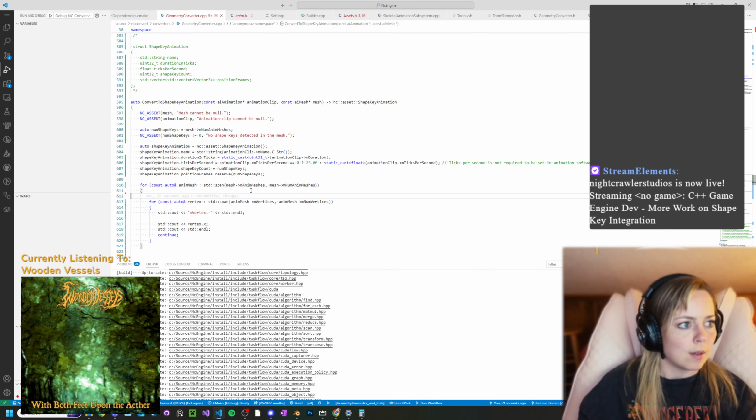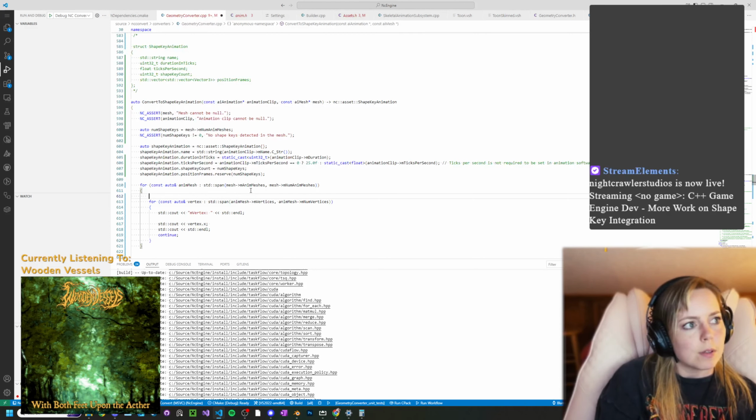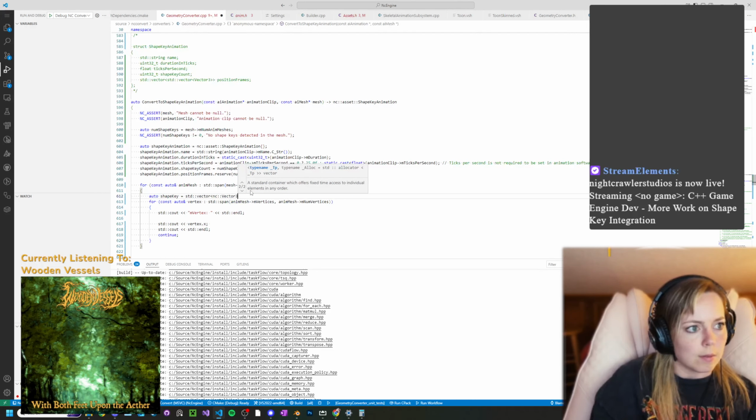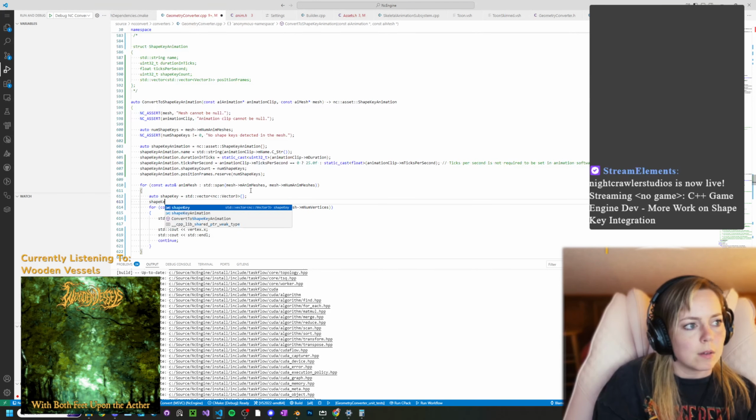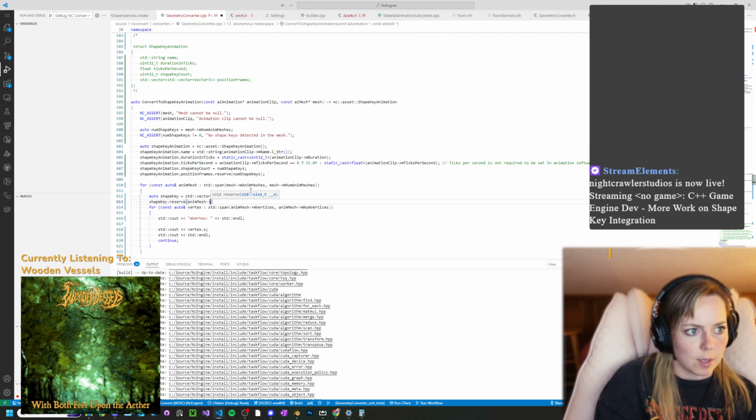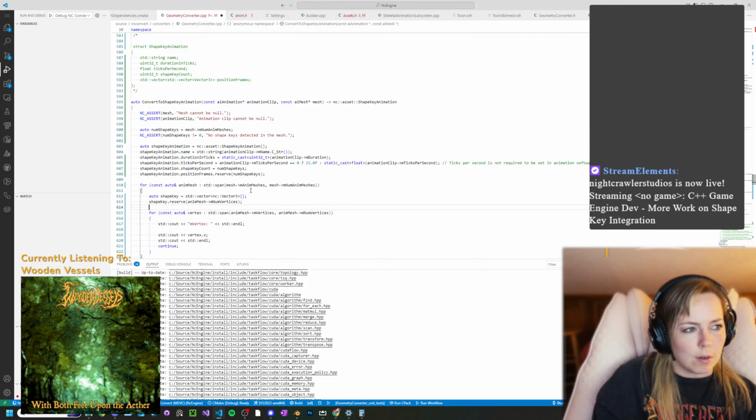Then for the first shape key we have auto shape key equals instead vector of nc vector 3, key dot reserve, and then this will have the vertices in there. Mnum vertices. Okay, then